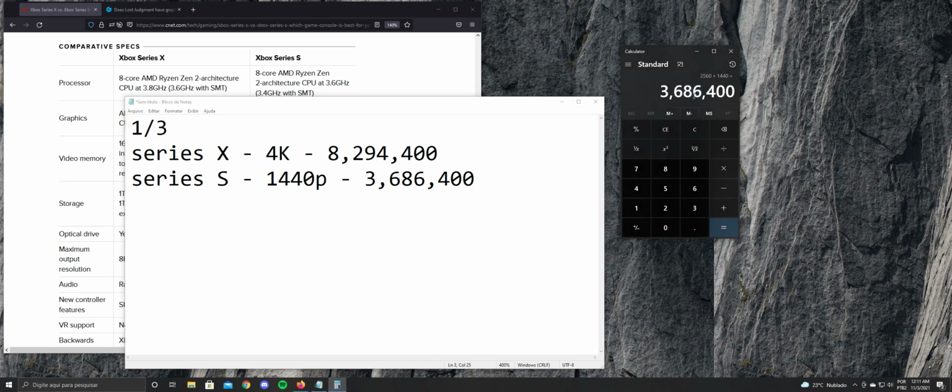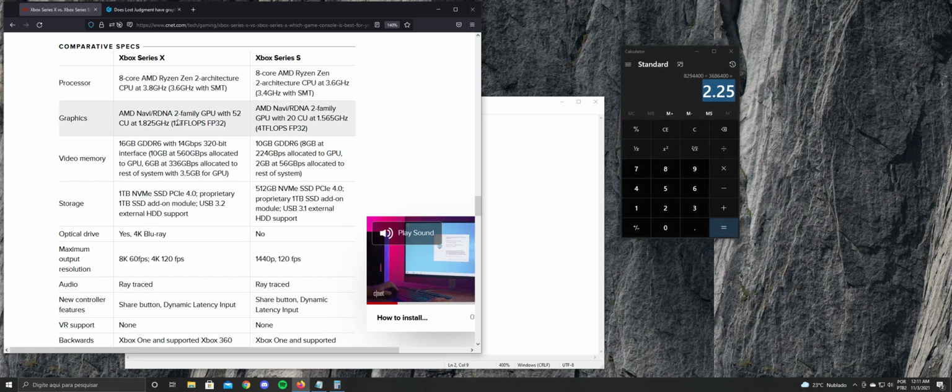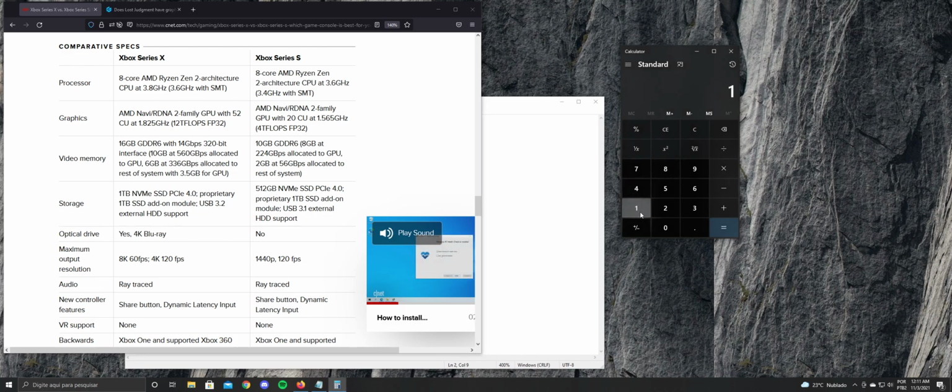And if we get this number right here, which is the amount of pixels rendered on the Series X, and divide by this, well, it's kind of a bummer, because this basically shows that if we're talking about rendering a game in 1440p at the same graphical level as the Series X and at the same frame rate, the Series S would need to be 2.25 times lower, talking about teraflops. So the amount of teraflops would be 12 divided by 2.25, which is 5.3